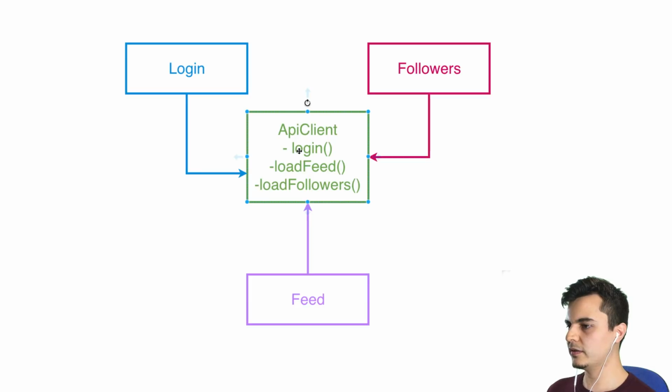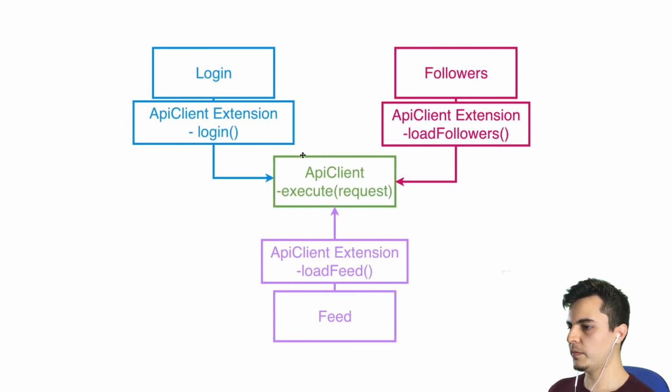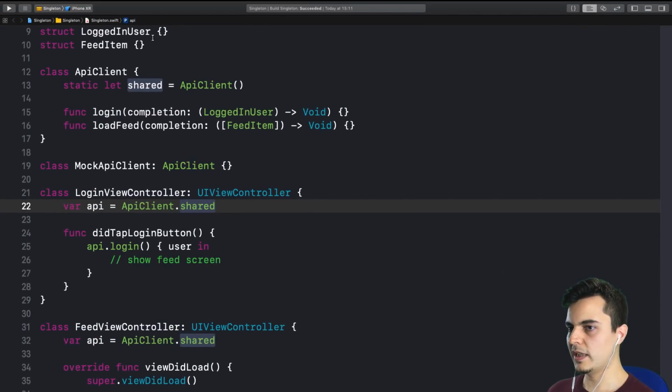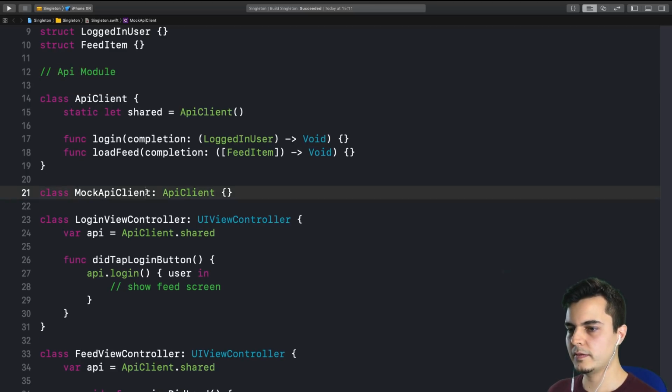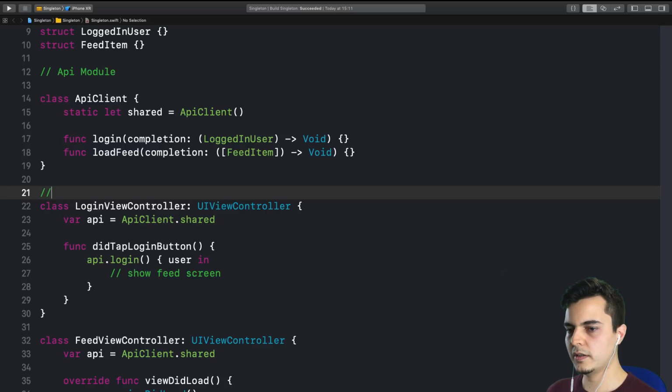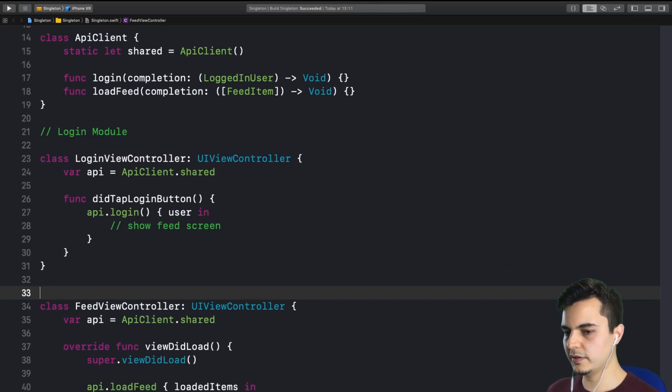What we could do here in Swift is to use extensions. For example, we can have a generic method execute request. They can execute any type of request, URL requests. And then every module has its own API client extension with whatever method they need. So let's say we are breaking this now in modules. So this is the API module. We don't need this mock anymore. Then we have the logging module, for example. And we have the